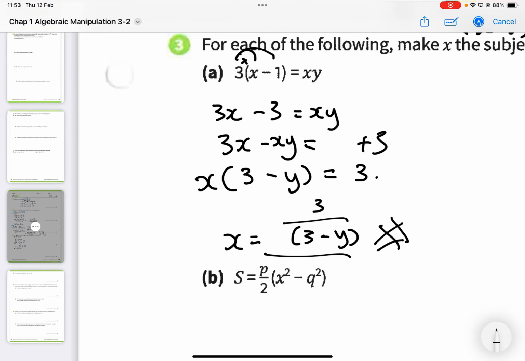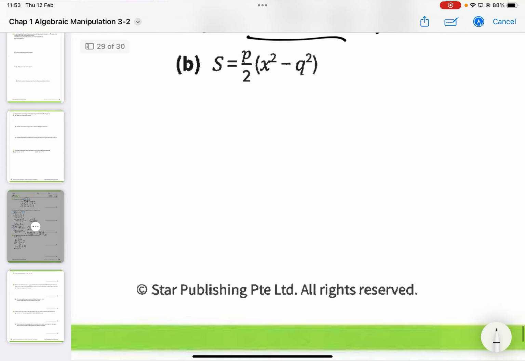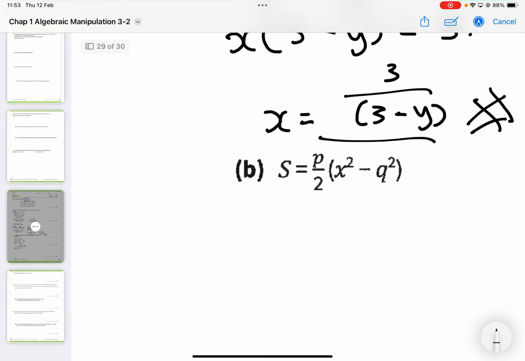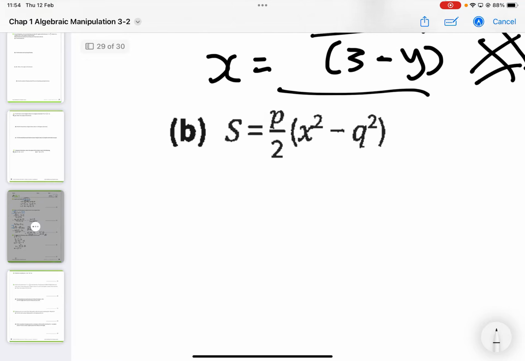Okay, next one more difficult because I am still want to put my x on one side. But right now my x is inside the bracket and it is being squared. Okay? So I need to rescue my x squared from the bracket first. Just now we do it by doing expansion. Now I show you another different way to remove the